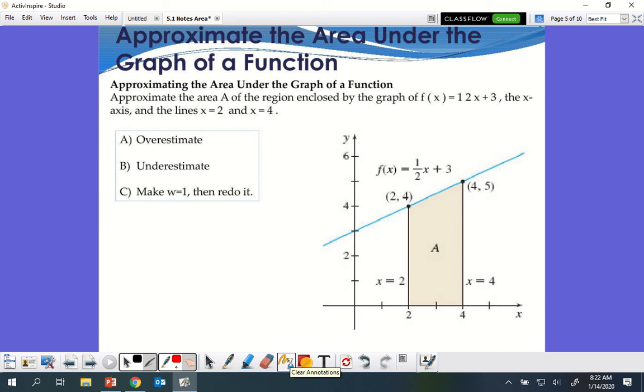Okay. Both. What shape is that? That's a trapezoid. It's a trapezoid, right? So area is equal to 1/2 h, in this case h is 2, and my base 1 is 2, my base 2 is 4. So that's going to be